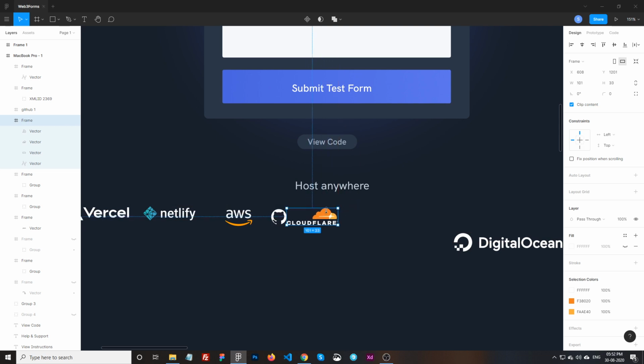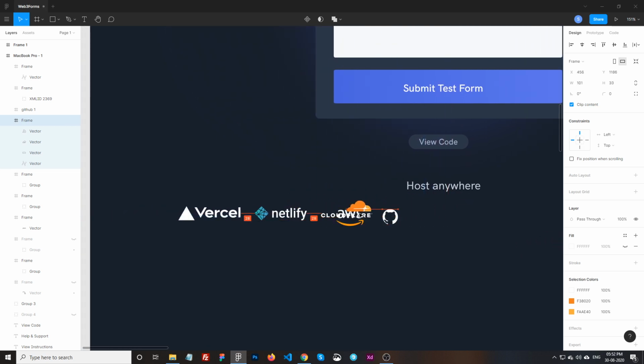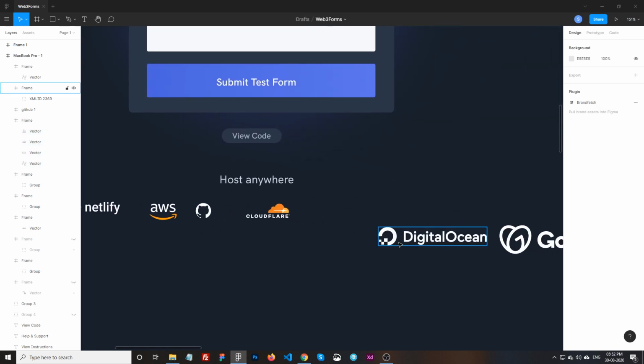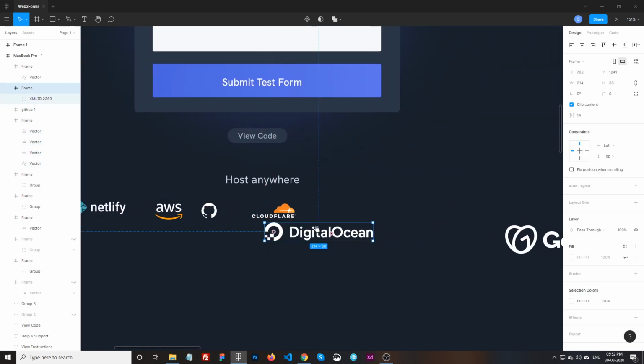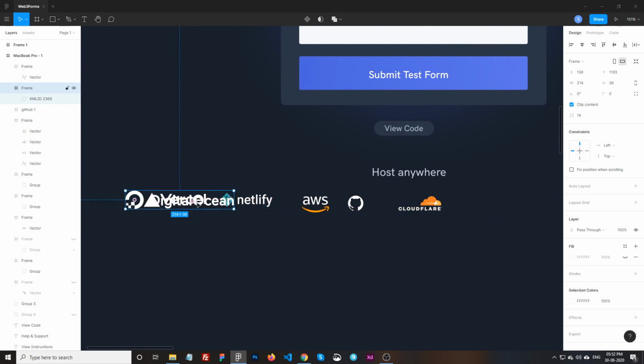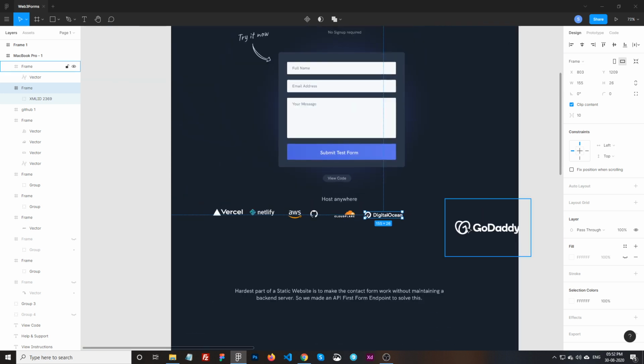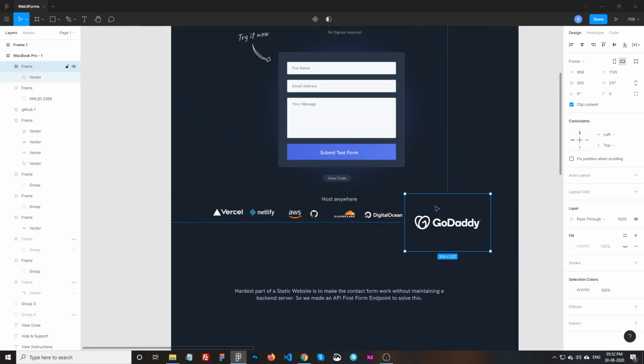Cloudflare, okay, I think I should try with this. Yep, this looks fine. DigitalOcean, okay, I will again try with this. Okay, that looks fine. Go here, and then finally GoDaddy. Oops,